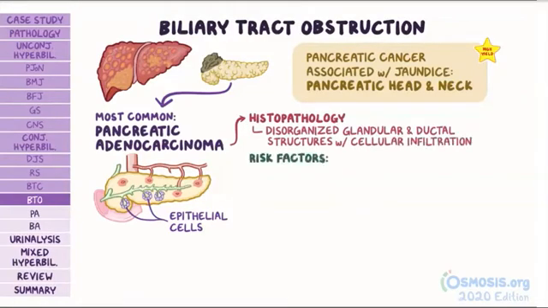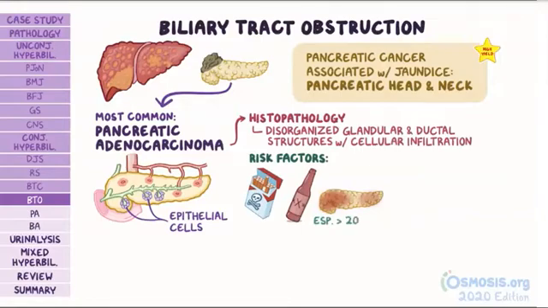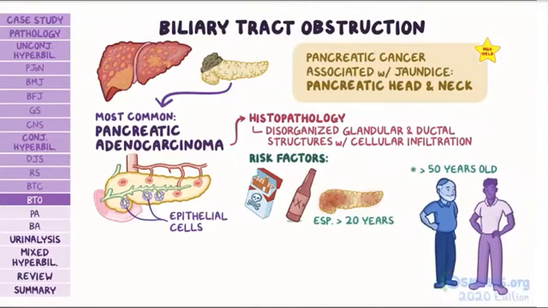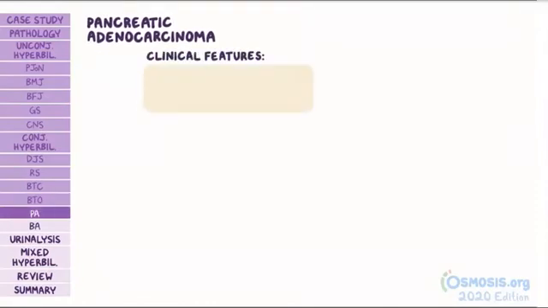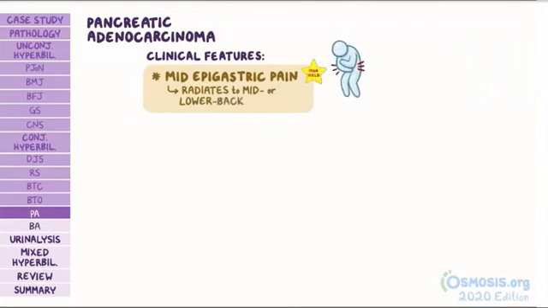Important risk factors include smoking, high alcohol consumption, and chronic pancreatitis, especially if it lasts more than 20 years. Also, it's important to note that individuals older than 50 years of age and Jewish or African American males have a higher risk of developing pancreatic adenocarcinoma. Common clinical features include mid-epigastric pain that radiates to the mid or lower back, weight loss due to malabsorption and anorexia,